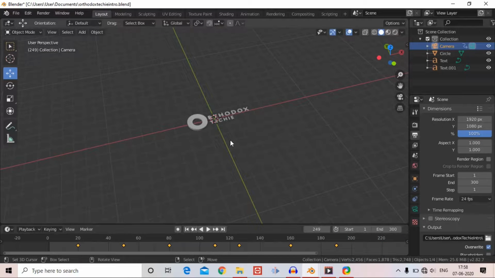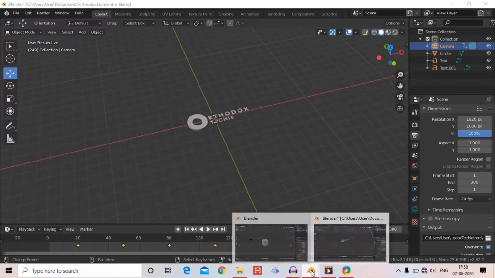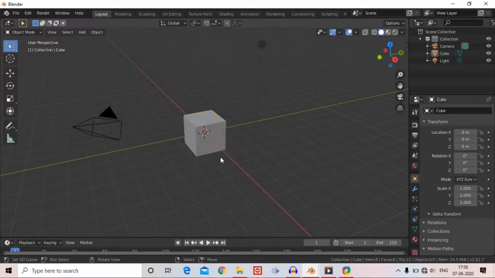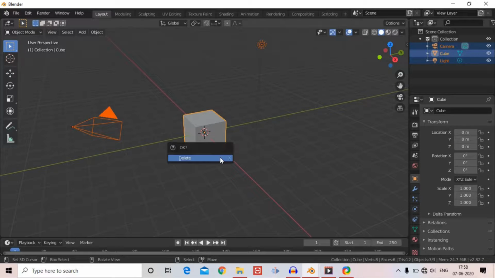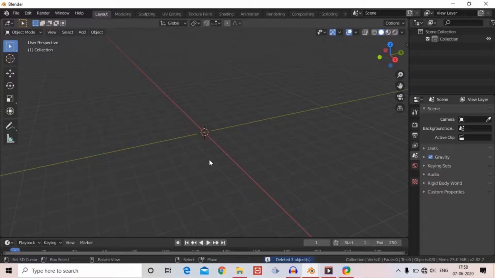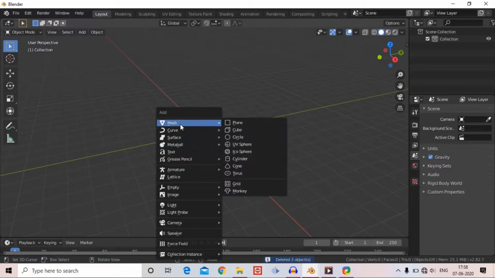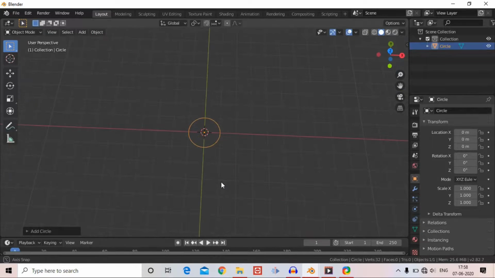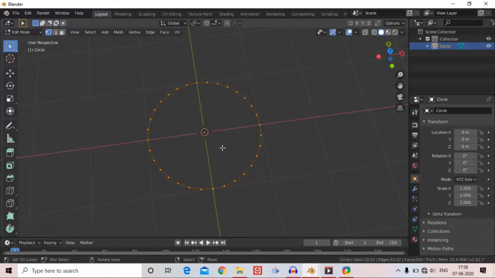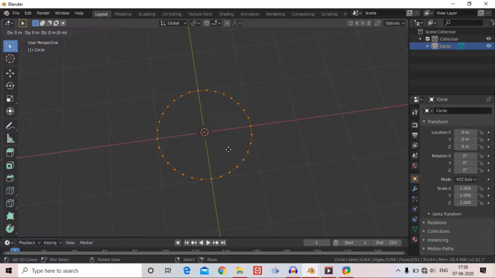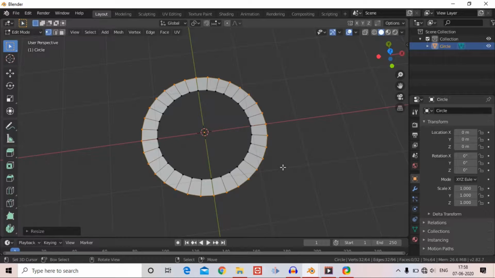So how we did, let me show you in a new screen. Let me delete everything. So what we have done here is add a simple circle here. Now go to edit mode and just extrude this and click S to scale and S to scale again,